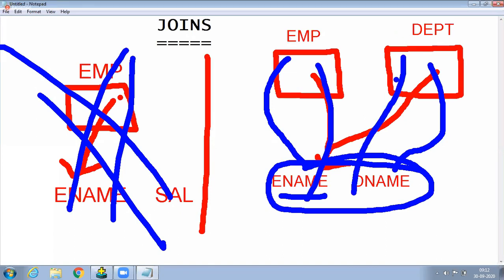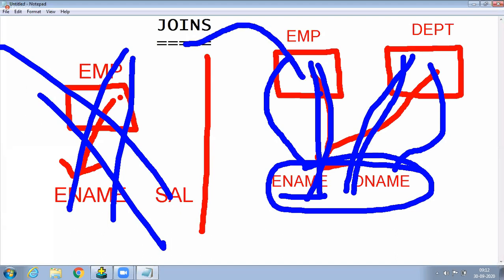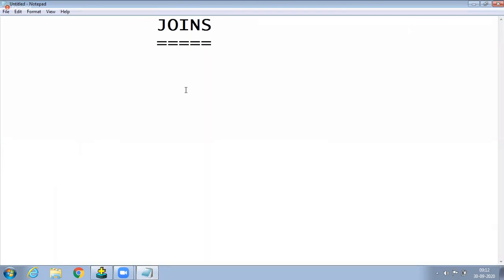If you want to fetch data from more than one table, either 3, 4, 5, or n number of tables, then we use a concept called joins. Joining tables is nothing but that. Joins are always used to retrieve data from multiple tables in a database.